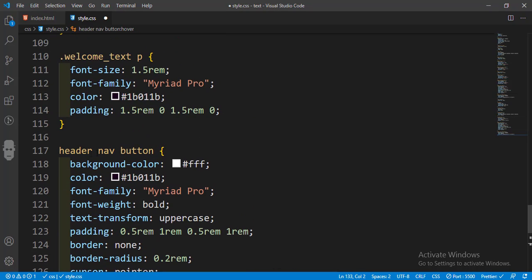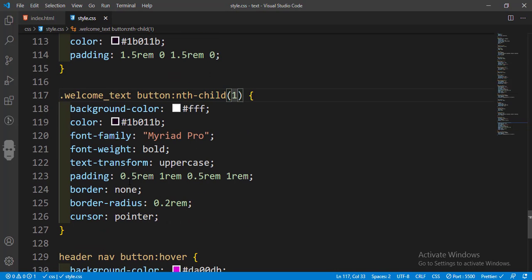So after copying this, I'll remove this welcome text. Just remove this button like this. I'll put an end child, end child 1, that's button 1. If I save this,